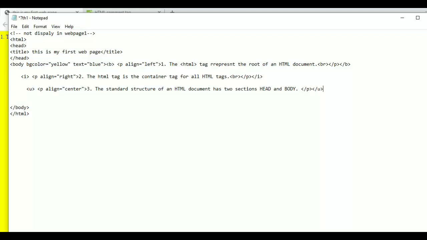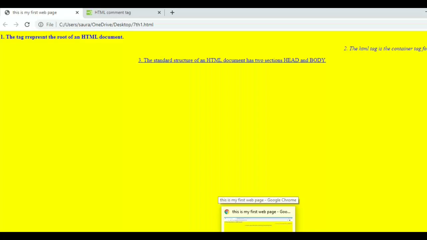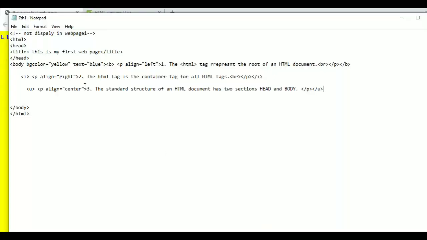So when we run this program, we can see the output as bold, italic and underline format. So first save this and then run the program, and when we refresh the page, we can see the first line is in bold, second line is in italic, and third line is underline. Let's remove the alignment so that we can easily understand this.